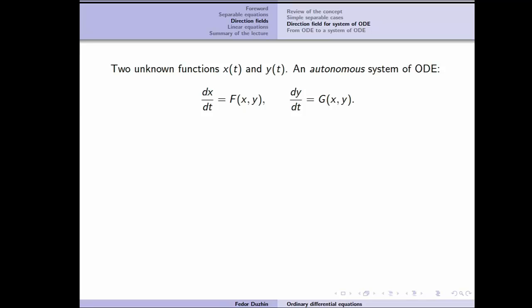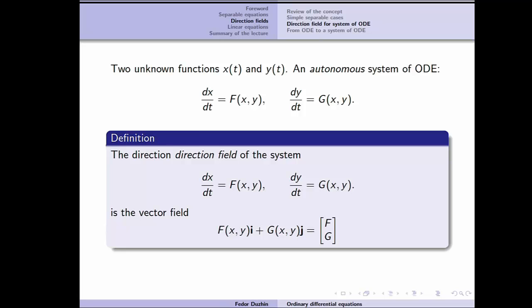Alright, now I want to say a few words about systems of differential equations. Although this topic is not important now, it will be important later, so it's better to mention it now, so at least you are familiar. Basically, if instead of just a single differential equation, you have a system of two differential equations,